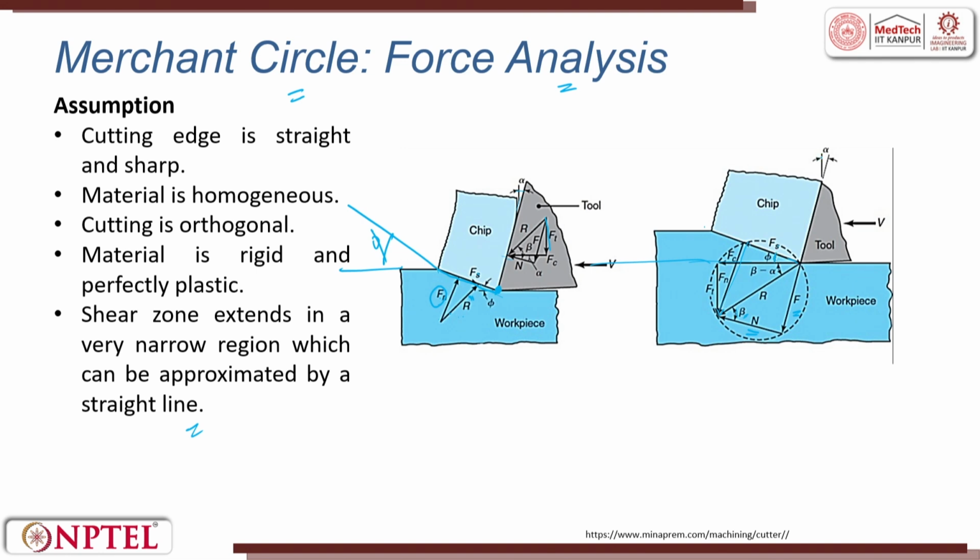Now the rake angle is given here. The angle subtended here is going to be the friction angle minus the rake angle. If you see, we have not done anything new. Fs and Fn you already know, F and N you already know. Then we have already explained phi and the angle. Now this has a resultant force R dash, and this has a resultant force R. Between these two I have introduced a terminology called friction angle beta, and between Fs and Fn I have introduced a terminology called nu.